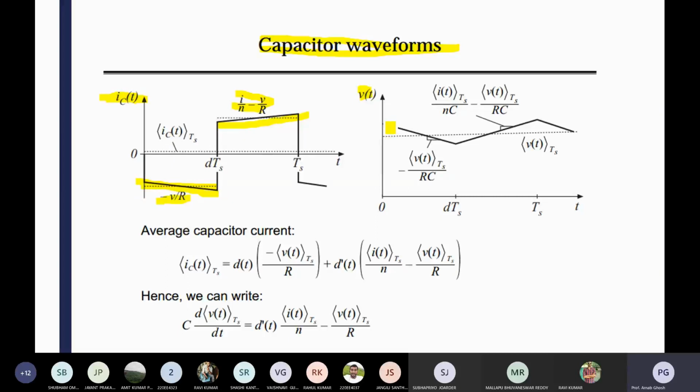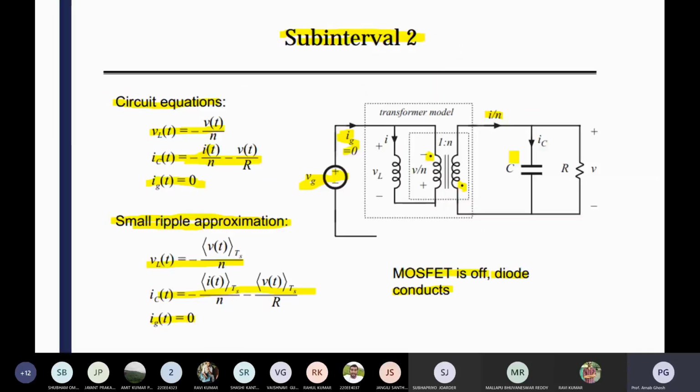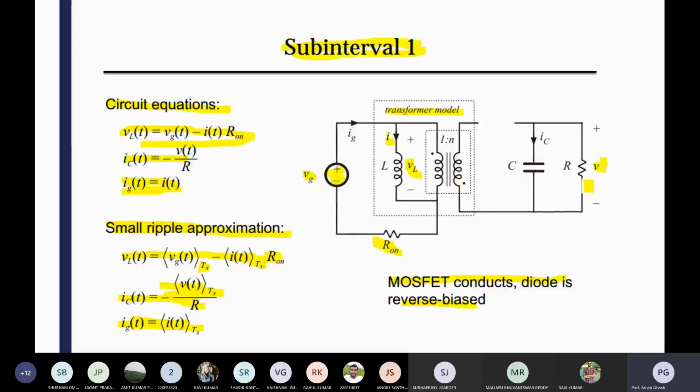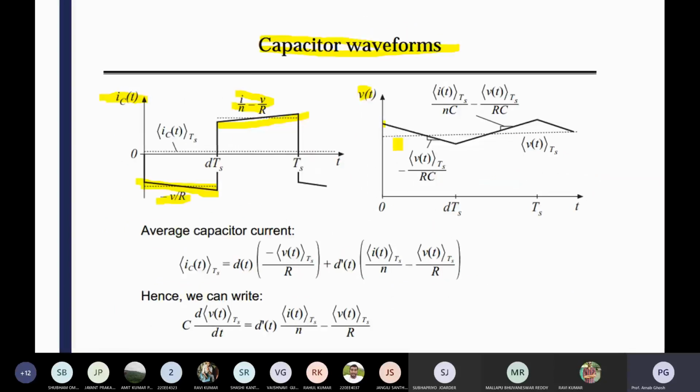So as in your previous equation, the inductor current rises up, so definitely the capacitor voltage comes down. Basically the first mode is discharging, the capacitor is discharging and the inductor is charging. Then reversing, the inductor current climbs down and the capacitor voltage climbs up, and the reversing you observe over here. So what is the slope? The slope is minus Vt averaged over the total Ts cycle divided by RC.